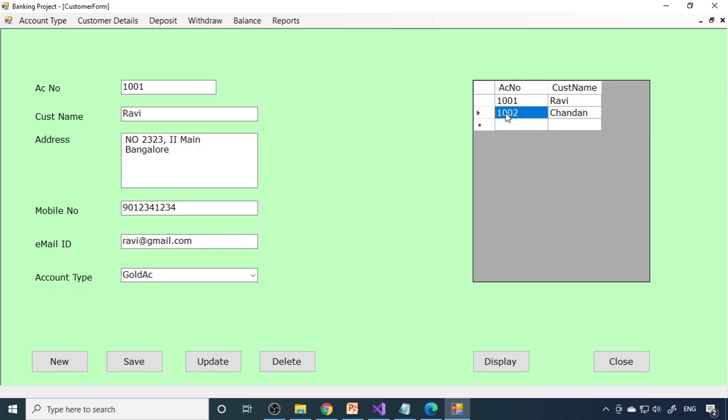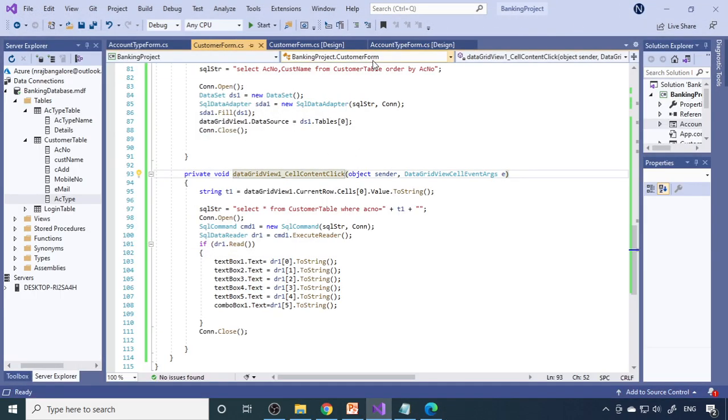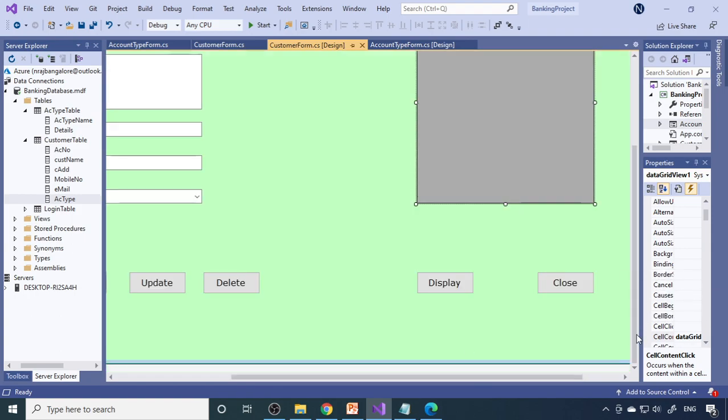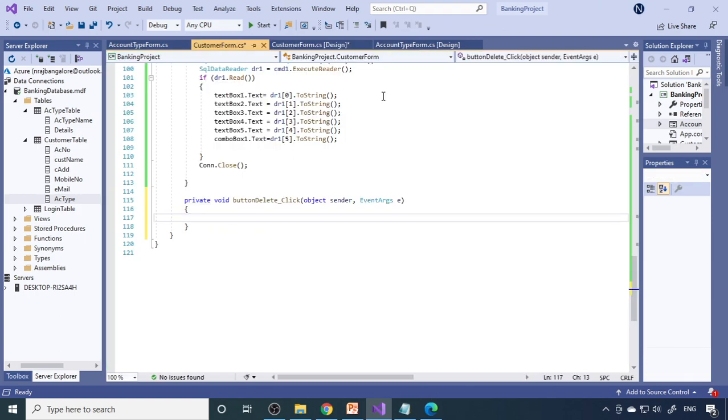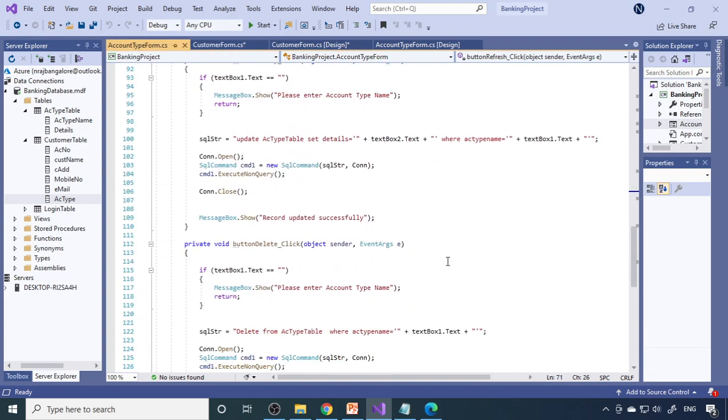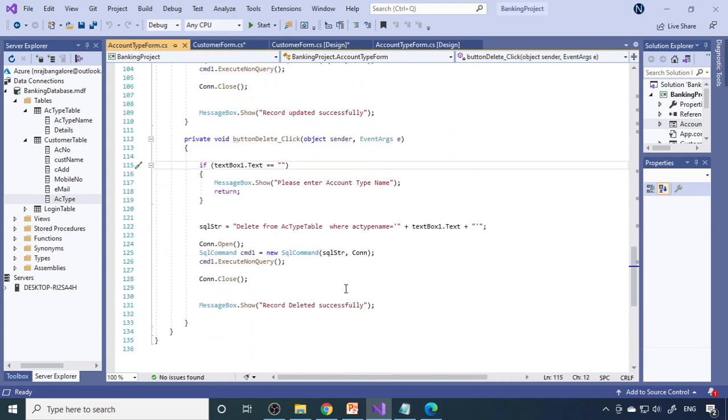So now if we click on this data, we can change the customer details. Now we are able to change any data. So now to change the data, we need to write the code for these two. So close this. So now next is the delete. So just go to delete, and this delete command which is already written will do the job. Therefore I just select this one only.